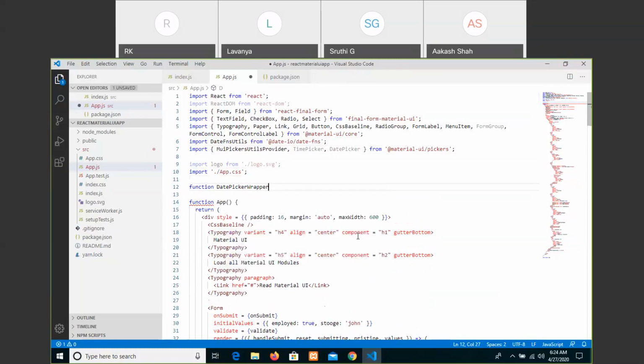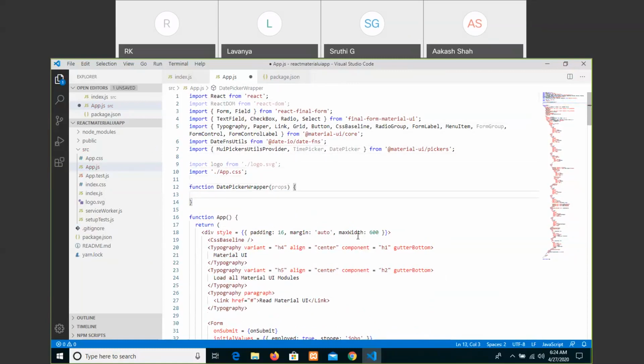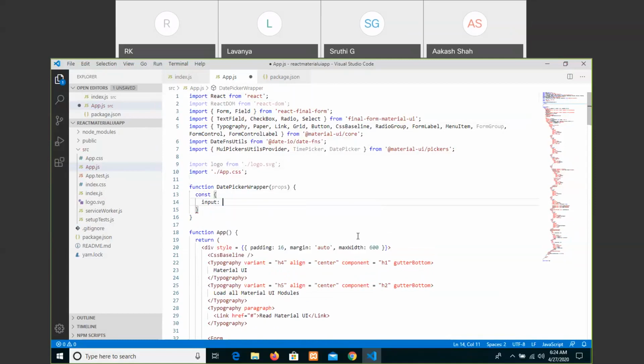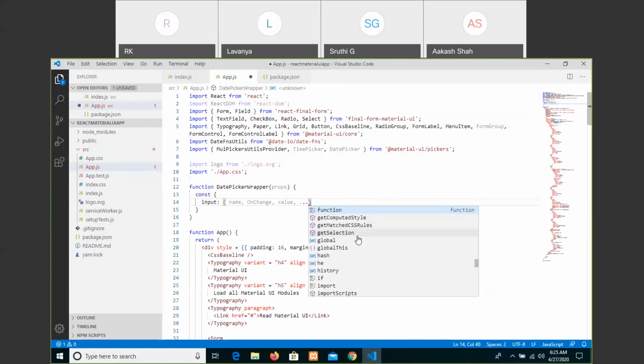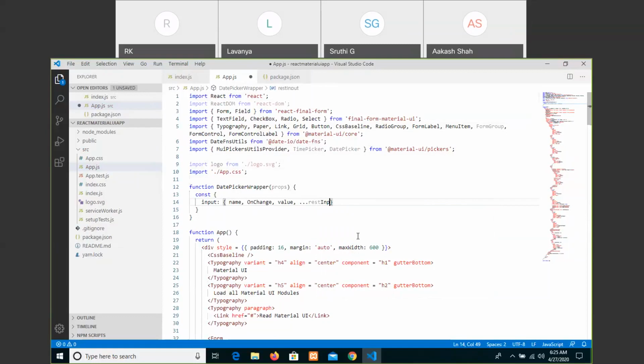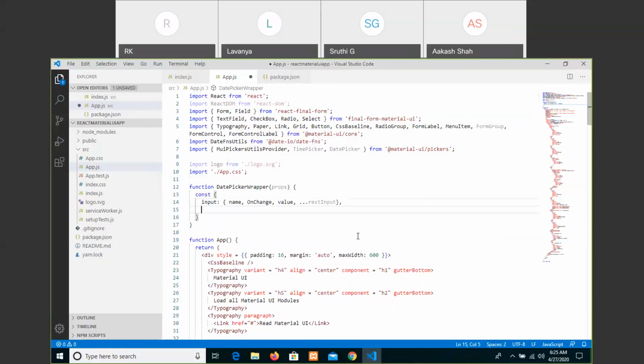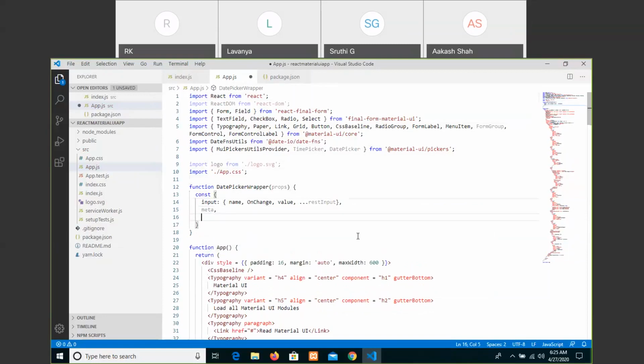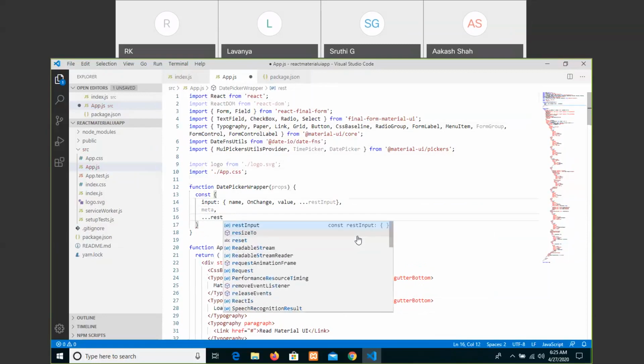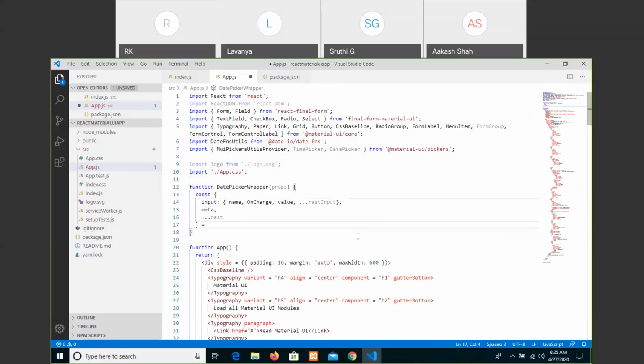Function date picker wrapper as it is taking some property that user is entering, and inside this we are taking the input element as a constant input, name, when user is typing or selecting on change its value, meaning we are taking spread attributes rest input, and then the meta detail which it should show the output in the rest, everything that should be done with the given props.